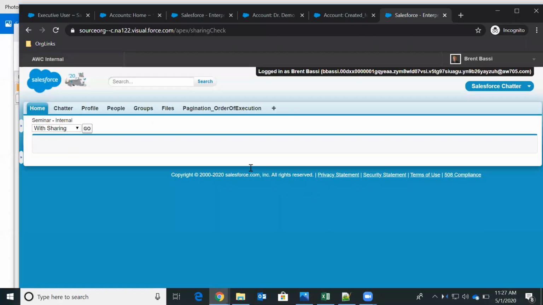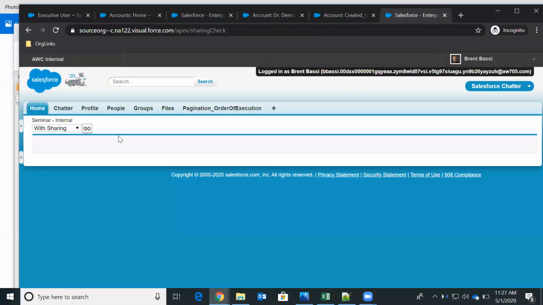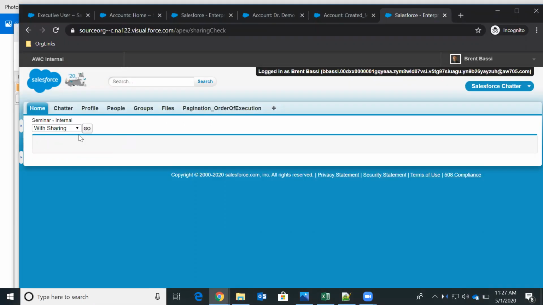Because this field is not visible, as a result on the Visualforce page we are not able to see the results, but in the backend it is able to access the field, it is able to retrieve the record, it is able to perform the DML operation. And without using output text or output field, I tried to just print like this, but still I am not able to see the records in this page block.